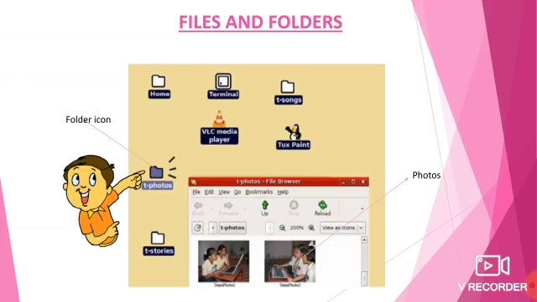Okay, here also you may see in the picture this type of icon; you can see it in your system also. That is nothing but a folder icon. So what is the name it has? Photos. They have some photos in it. How many times do we have to click to open any icon? Double click, isn't it? So if he double clicks, the photos are shown. So how we are going to create that folder and how we are going to store that particular file, everything we are going to learn from this lesson. But before that we are going to learn how to group related objects.